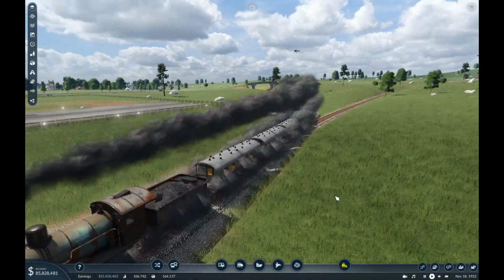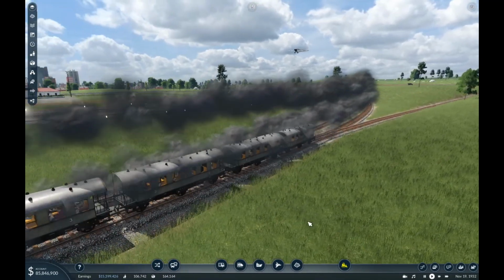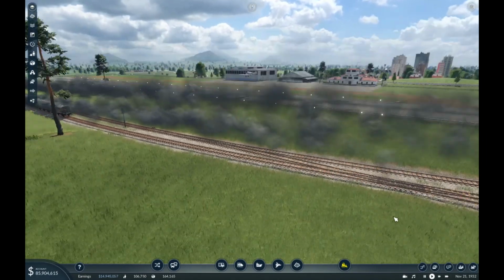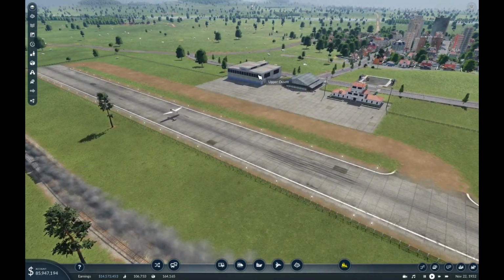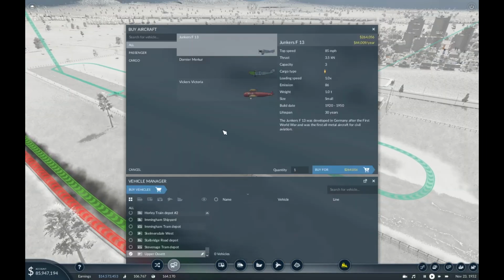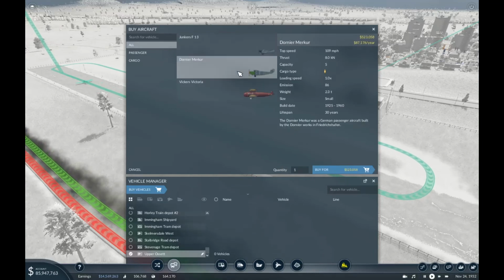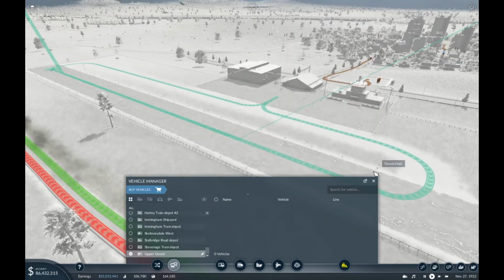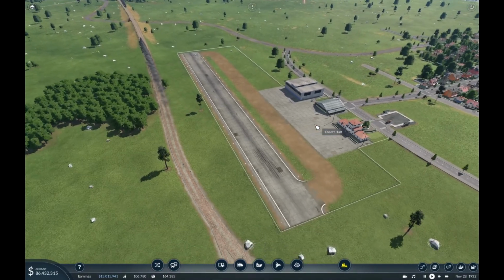There's a plane. I don't think we've got any better passenger planes yet. Oh, is that a passenger? That is a passenger actually. We've got Vickers Victoria. This is a cargo plane. Now, I could